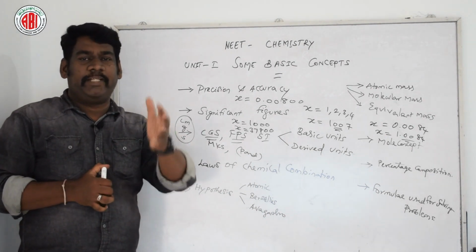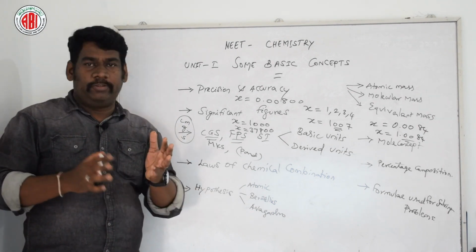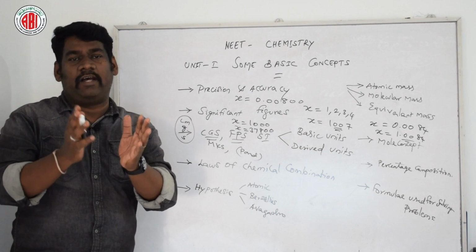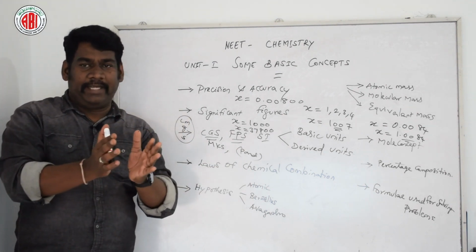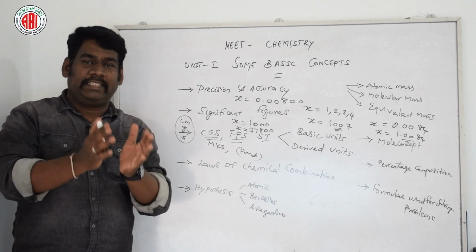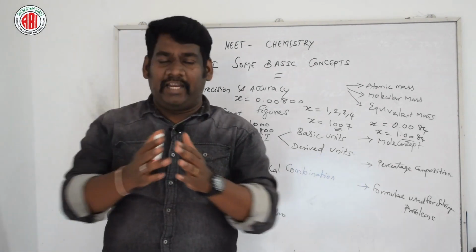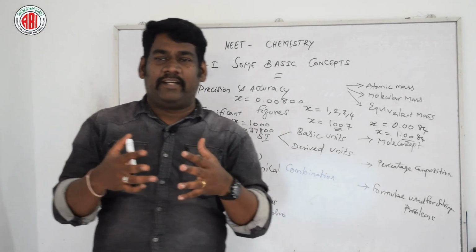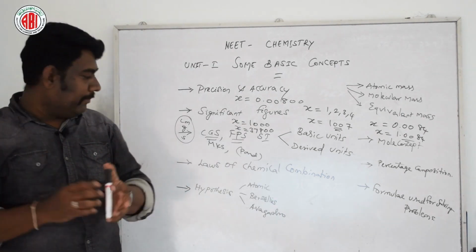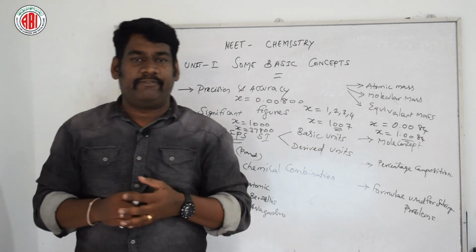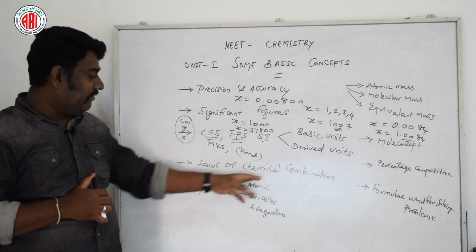Similarly, the law of multiple proportion was proposed by Dalton and verified by Berzelius. When two elements, like A and B, combine to form more than one chemical compound, say A and B combining to form C and D, two different products, the combining weights will always be in a fixed proportion of simple whole numbers. This is what is stated by the law of multiple proportion, proposed by Dalton. So that is one of the laws of chemical combination.